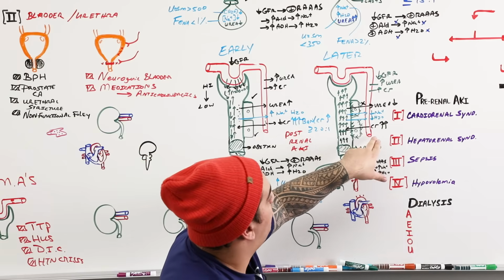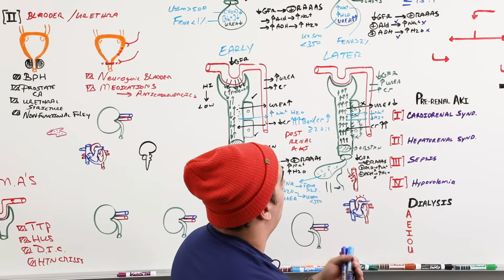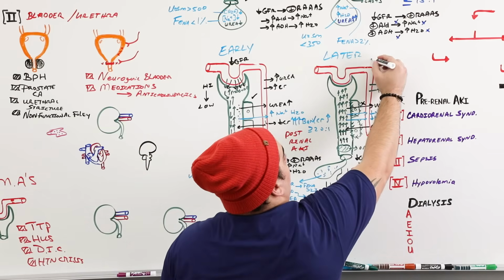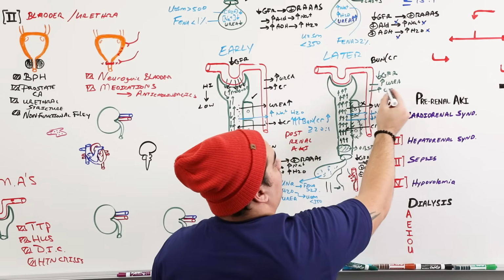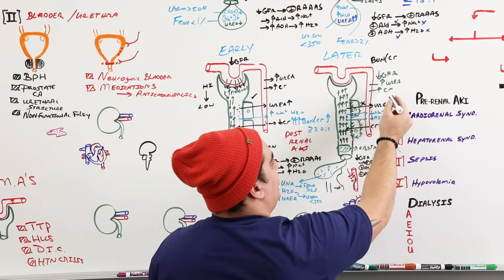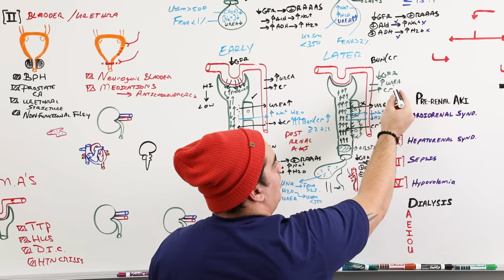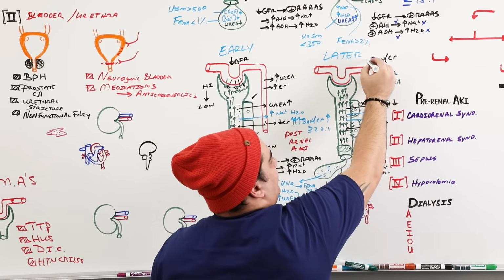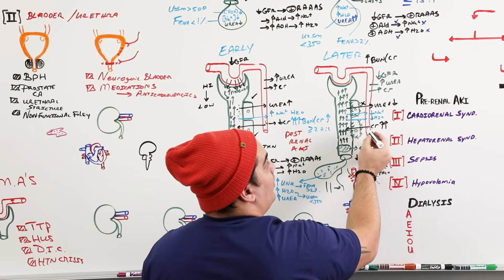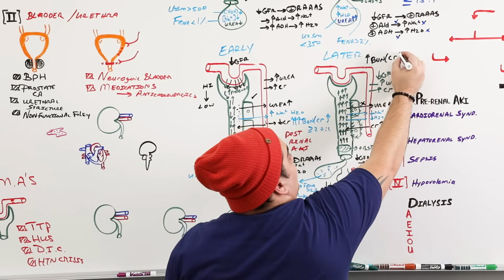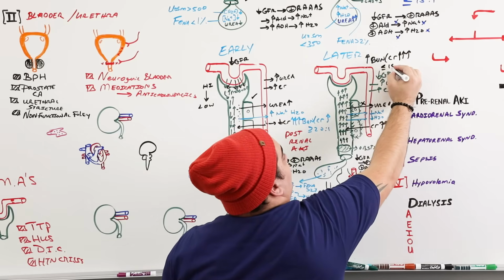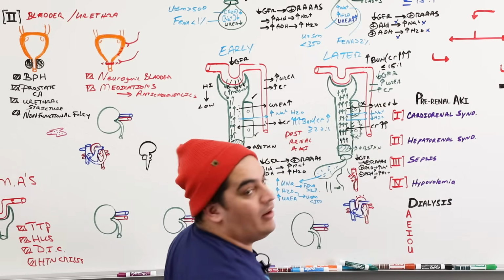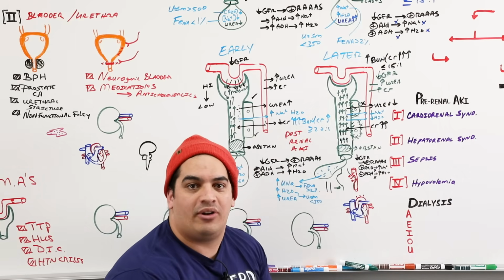Because again, what happens to the BUN creatinine ratio at this point? What happens? Really quick, BUN creatinine. Where's the urea? What does it look like here? Well, you don't filter as much of it, and you don't reabsorb it. So it's only a little bit elevated. Creatinine, you don't excrete it, and you don't filter it. So it's super elevated. And so the BUN to creatinine ratio will be less than or equal to 15:1. This should look exactly like intra-renal AKI.